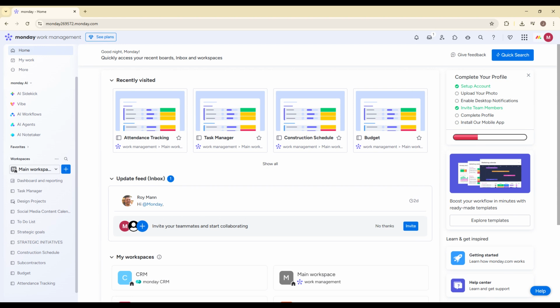By the end of this video, you'll know how to add the Connect Boards column, choose multiple boards, and configure